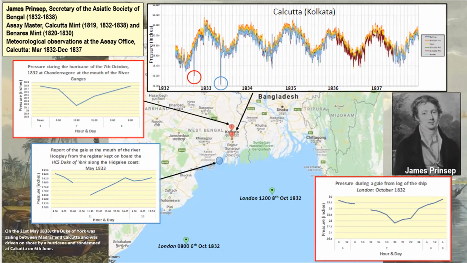Now, are they errors? Are they erroneous data or something that we need to take account of? We couldn't find any evidence from the instrumental record that that was the case. But we can bring in other instrumental records to begin to say, well, yay or nay. And so with this first red marked dip in the pressure, we have some data from Chandernagore in the same period at the mouth of the River Ganges with a dip in the pressure around the 7th of May there. And you see the location of that in regards to point 2, which is where the actual Prinsep observations are made.